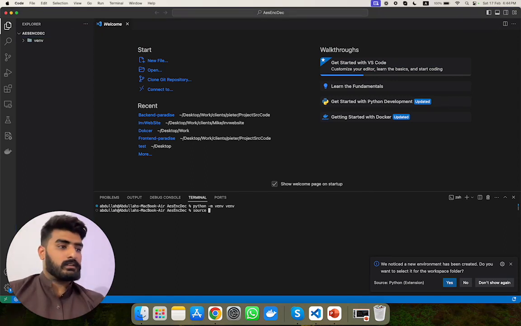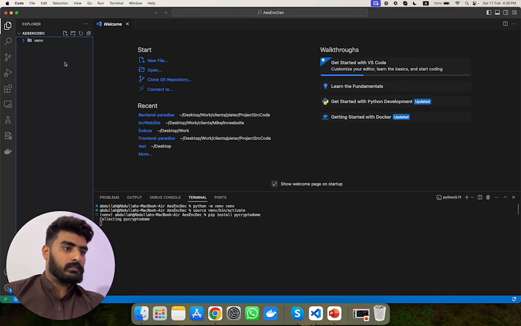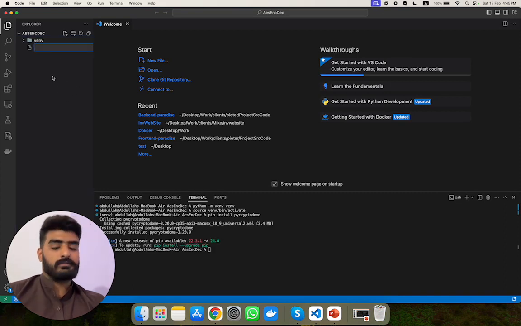First I have to activate this environment: source venv/bin/activate. I am using Mac actually, and if you are on Ubuntu, then the process is the same. Making an environment on Windows is the same, but activating it is a little different. Well, we have activated the environment. First of all, I have to install the package, and while it is getting installed, I have to create a file. Let's create a file,